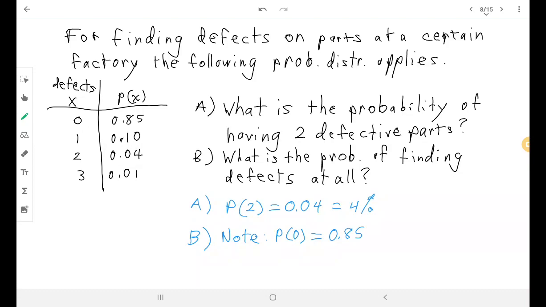So the probability of any defective parts, the probability of any defective part is 1, that is to say 100%, minus that probability of finding 0 defects, right? Because if I'm finding anything at all, then I'm not finding 0 defects, right? 0 defective parts. So if I find 1, I find 2, I find 3, and that's really all the possibilities that we have here,